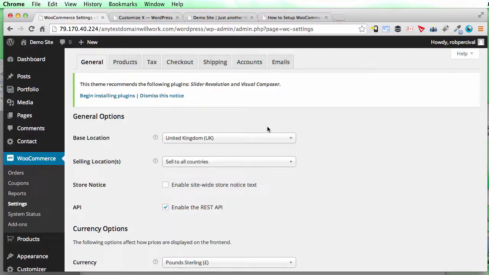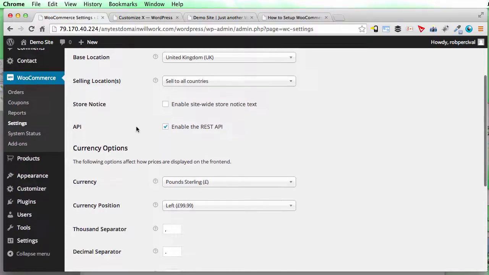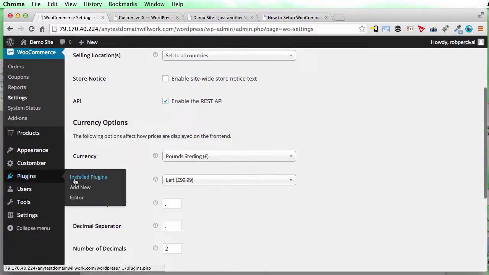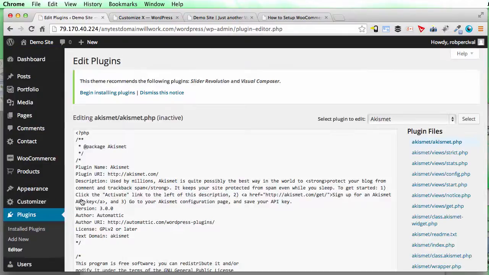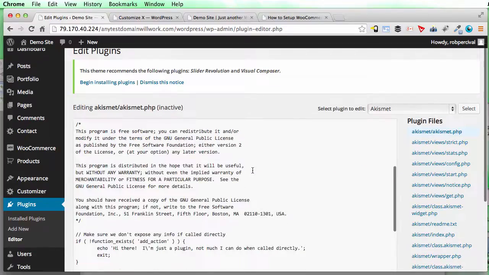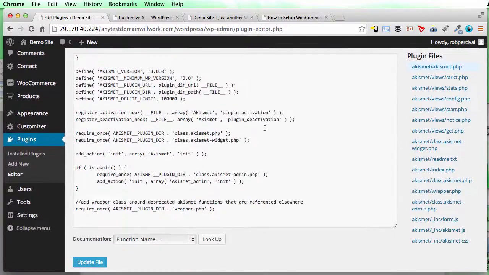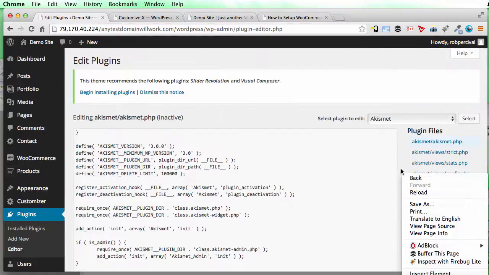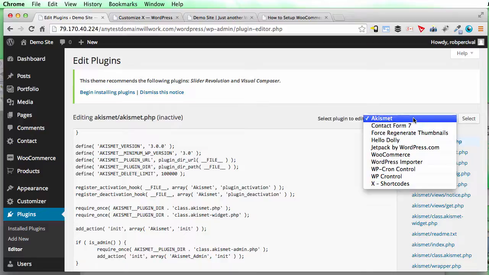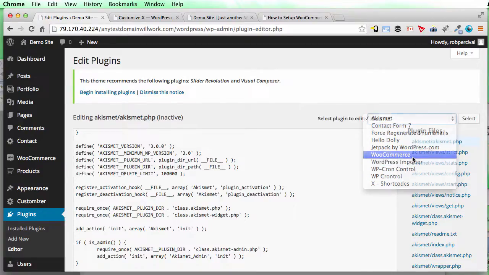The WooCommerce dummy data file is actually contained in the WooCommerce plugin folder, which gives us an opportunity to just dig in a little bit into what plugins actually look like. So they're essentially collections of PHP files which work together with the default WordPress installation to provide whatever function the plugin is meant for. So if we have a look at WooCommerce,